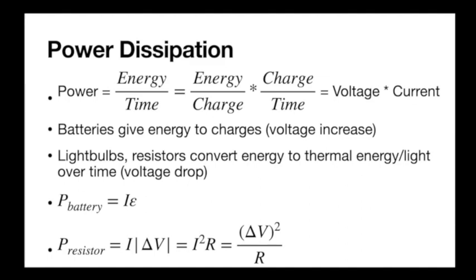That's just a constant related to the characteristics of the light bulb. So if we double delta V, I get 2 delta V squared. And so I actually get a power dissipation that is 4 times what it was before. So the brightness is going to go up by a factor of 4 just by doubling the